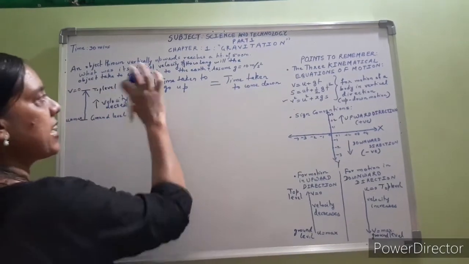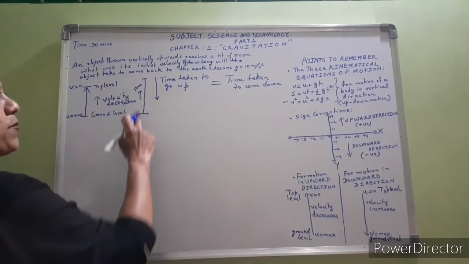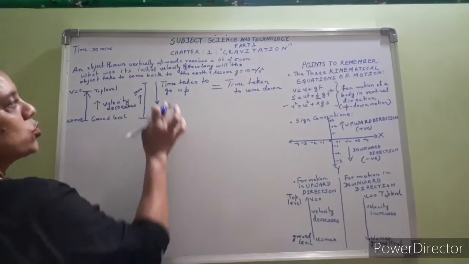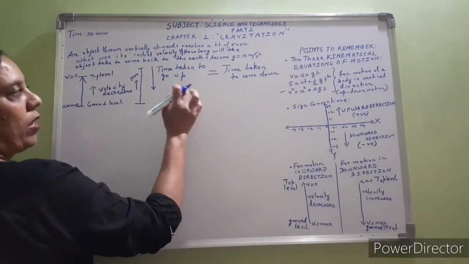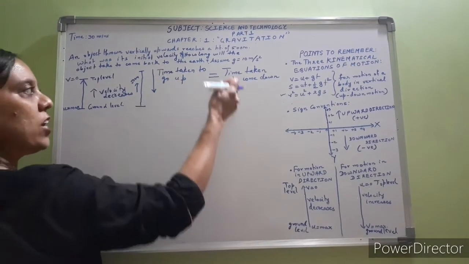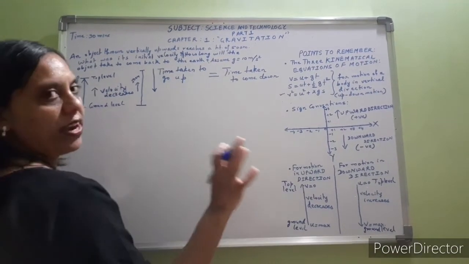क्योंकि लेंथ सेम है 500 मीटर, हाइट सेम है, जो डिस्प्लेसमेंट हो रहा है वो सेम है ऊपर जाते वक्त भी और नीचे आते वक्त भी. So time taken to go up in order to cover 500 meter will be equal to time taken to come down when it is again covering 500 meter.